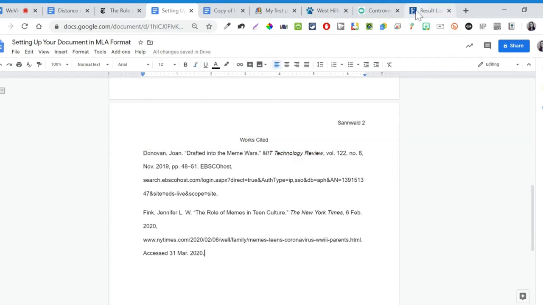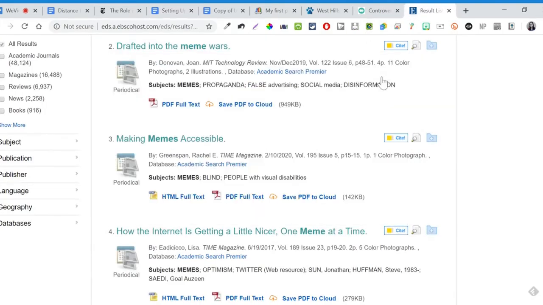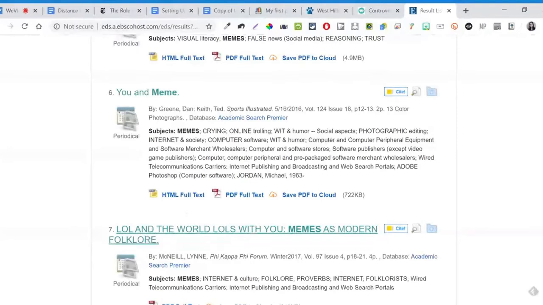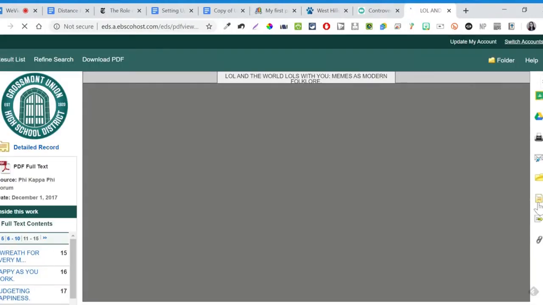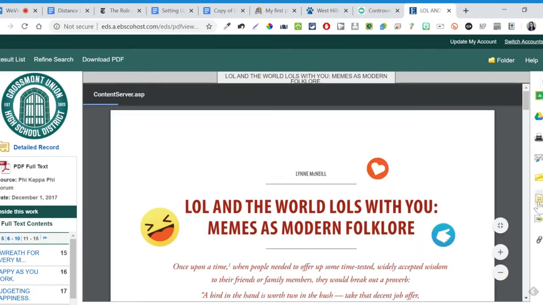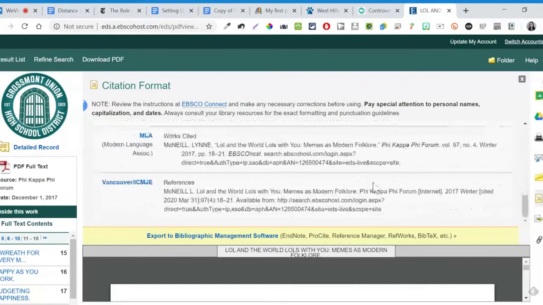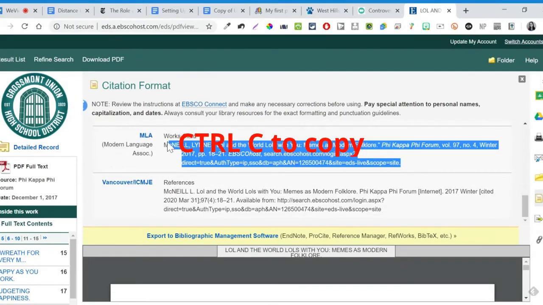So I can find my other database. I'm going to pretend I'm using this one. A second way you can find the MLA citation is if you are looking at the article itself. All of the databases will have some kind of tool, like for instance here, that little piece of paper is the cite tool. Same thing, go down, copy and paste, Control-C to copy,